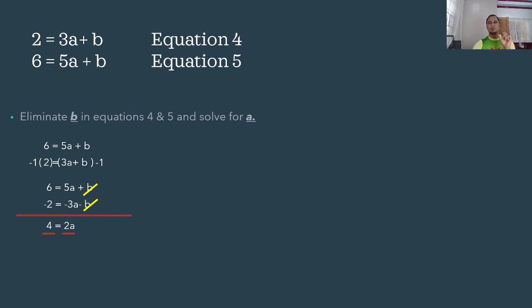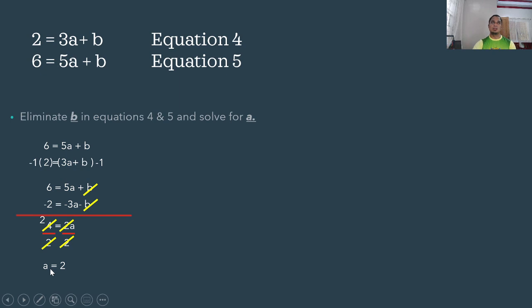We have to remove yung numerical coefficient na kasama ng a, which is 2. So divide both sides by 2. Ang matitira dito ay 2. Dito ay a. Therefore, the value of a is equal to 2. Kung napansin natin, meron kagad tayong value ng a,